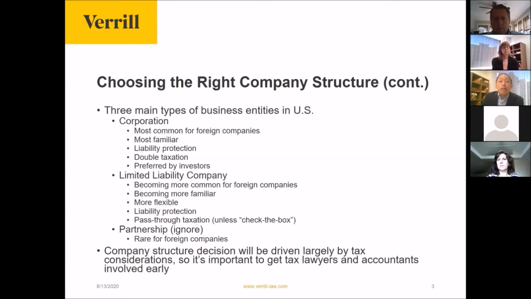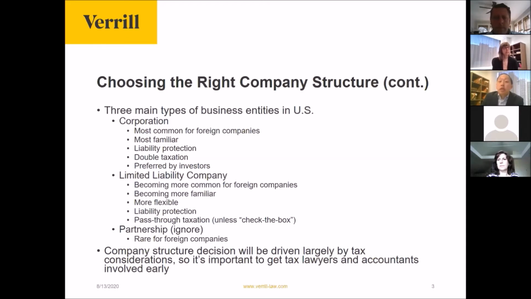Corporations are also preferred by investors, professional investors, that is. Professional investors tend to favor corporations for some of the same reasons we just talked about. It's familiar to them, so they feel comfortable that the corporate structure, from a corporate law perspective at least, will protect their investment. Double taxation is often a good thing for them, just because the vehicle through which their investors invest necessitates double taxation. Otherwise, a pass-through would create a bad tax consequence for their investors. So if professional investment is an objective, either now or in the future, that may be a factor that leans towards forming a corporation. So let's talk about LLCs briefly.